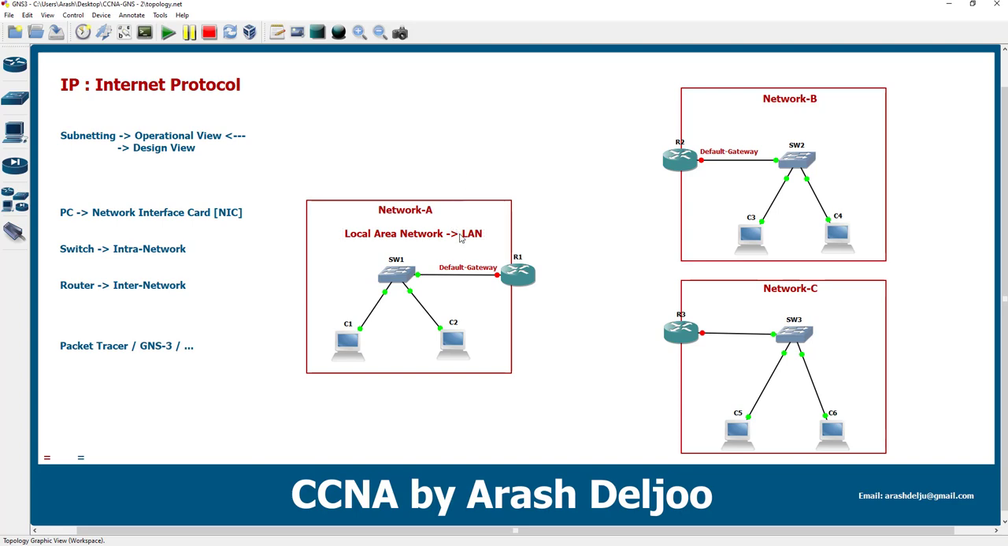Here we have a LAN, and also here we have another LAN. Here we have another LAN. The LANs maybe are residing in, for example, one city, or maybe they are residing in different cities. This is possible. But you know that for communicating between network A, network B, and network C, we need to connect the routers to